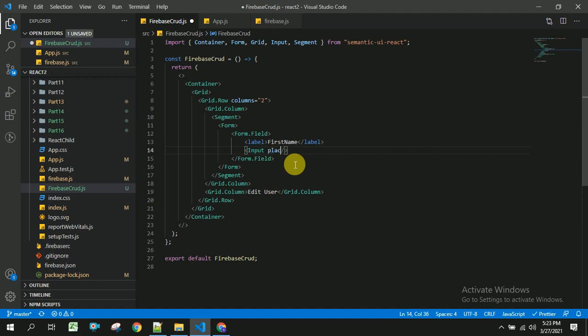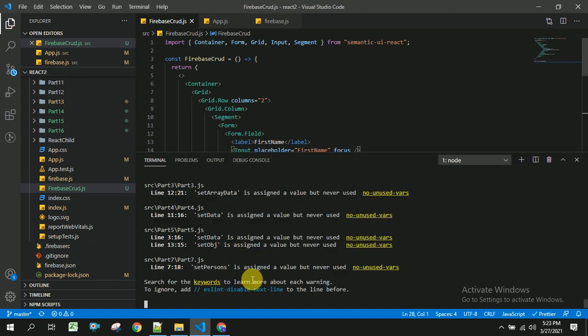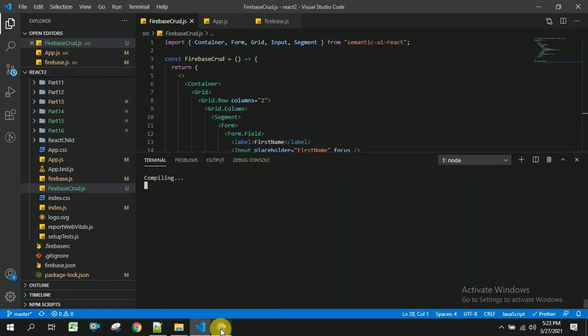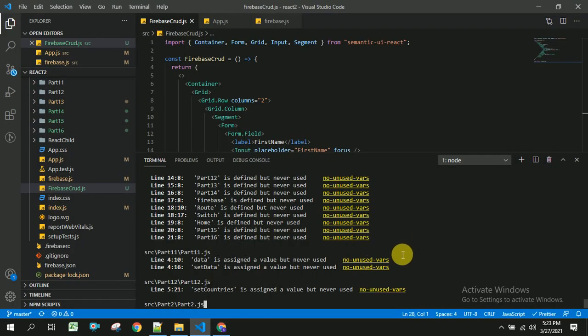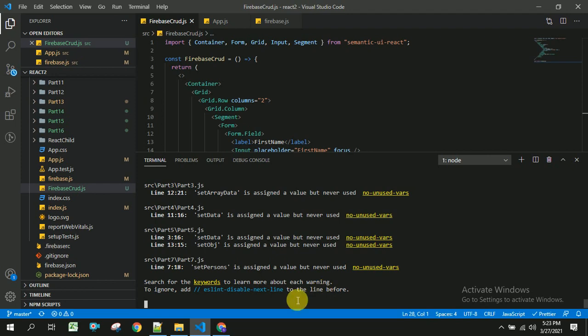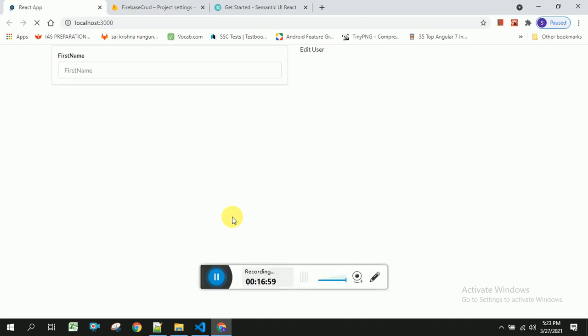This will take some placeholder called first name, and I will take some property called focus. So it is getting compiled. You should be able to see the first name and the label.